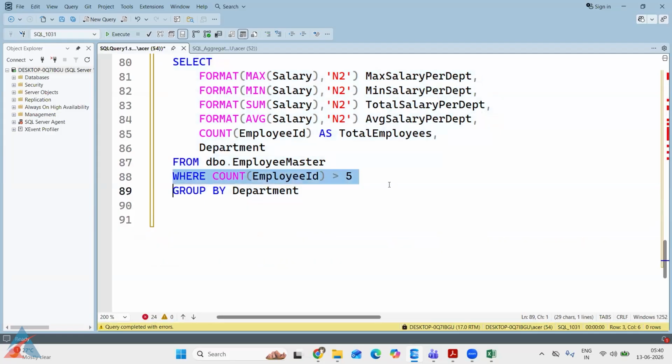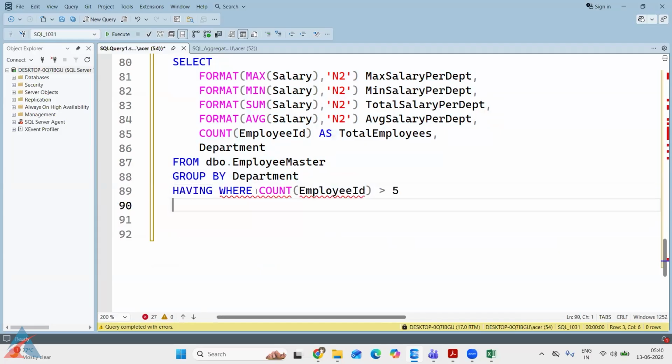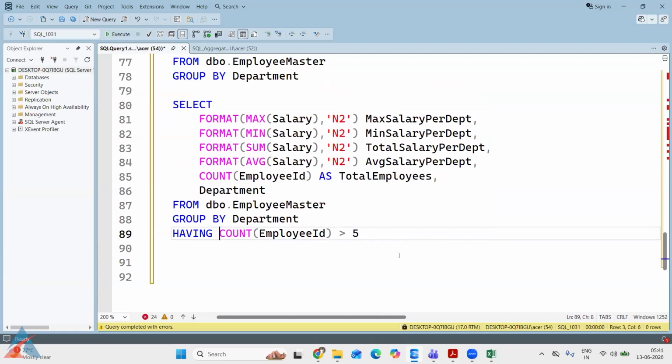So now we are saying we want to see only those departments where the employee count is more than 5. So how do you want to filter the data? You want to filter the aggregated data. First calculate the count and then filter that. So whenever there is a condition or a filtration that needs to be applied after the aggregation,